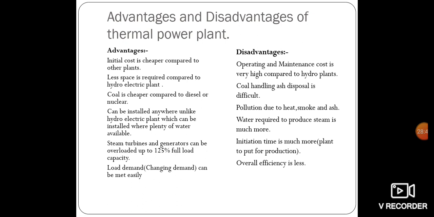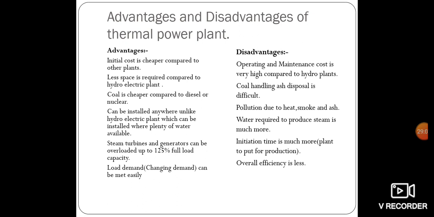To increase the load, we have to burn more coal, boil the water, then steam has to be produced and impinged on the turbines, and the alternator has to rotate to produce electricity. So this requires a lot of time